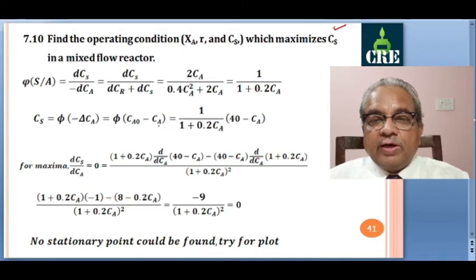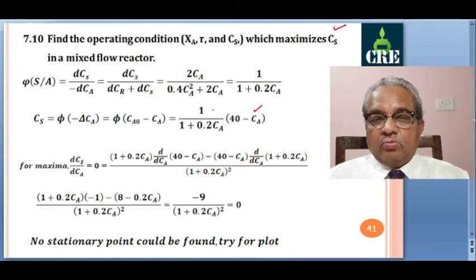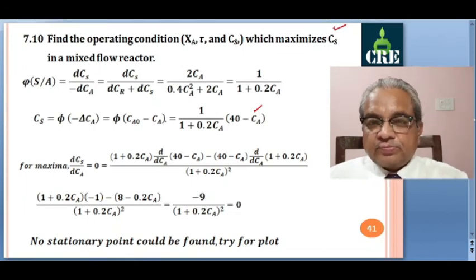So this is evaluated at F. So phi and psi, this will be same. In a mixed flow reactor, the only thing is that it is to be evaluated at the exit condition. So CA, this exit condition is unknown. This is 1 plus 0.2 by CA. This is from kinetics, dCS by minus dCA in this case. So CA0 is 40.